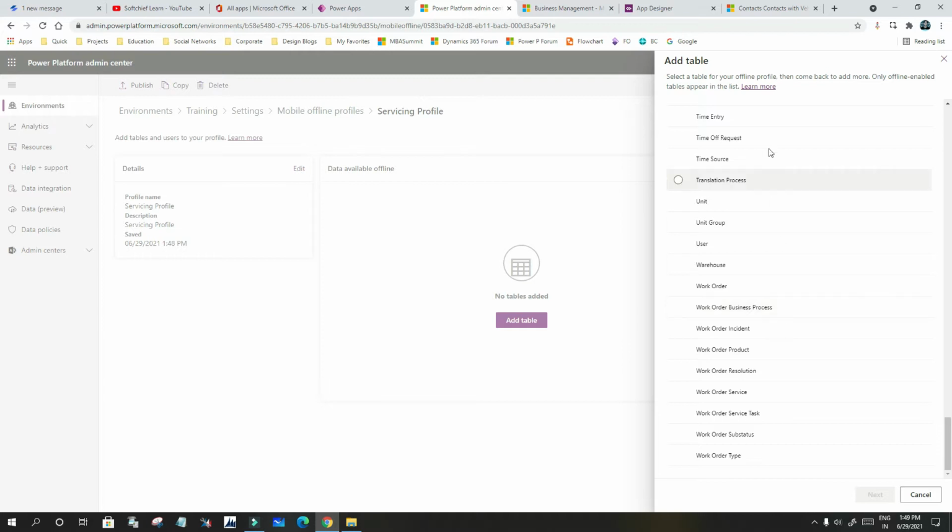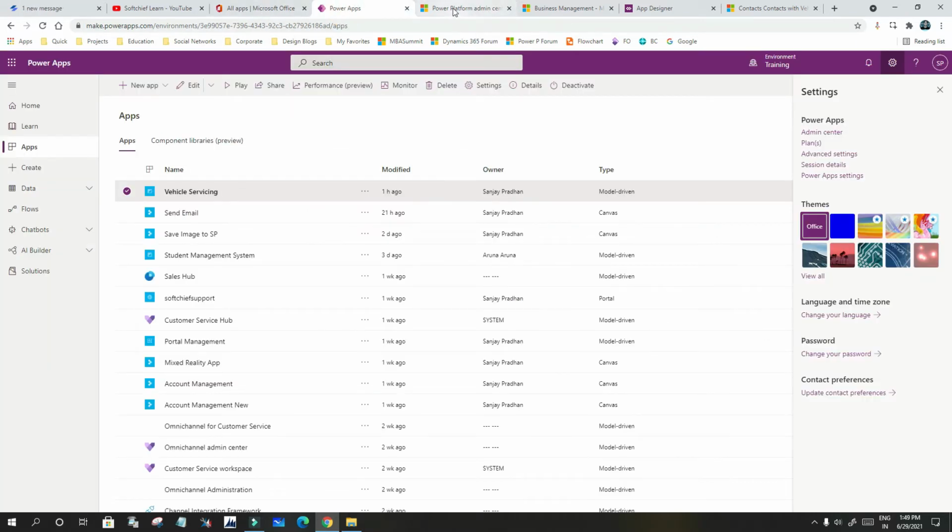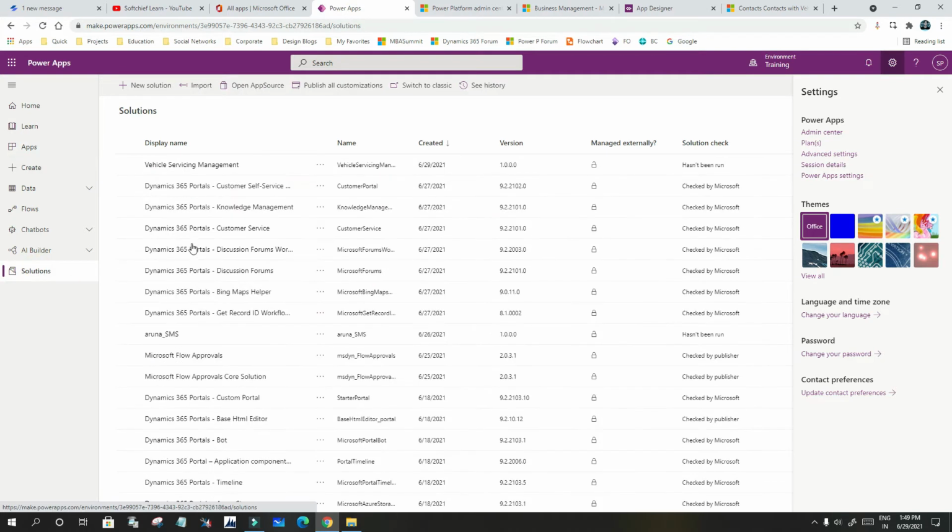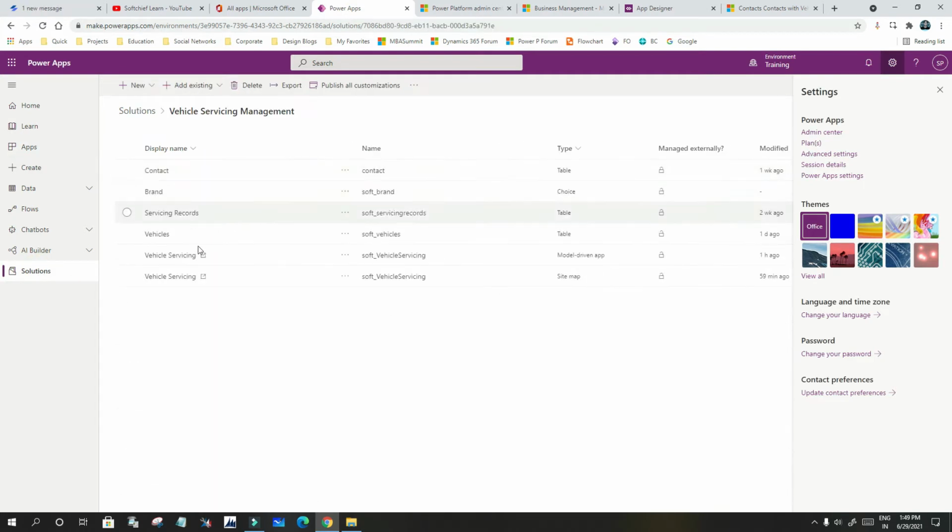If you don't find your entity here, let's say I want to enable my custom entities called vehicle and vehicle service. In my solution, if you go here, this is my solution, and this solution contains 3 entities: contact, vehicle and vehicle servicing records.